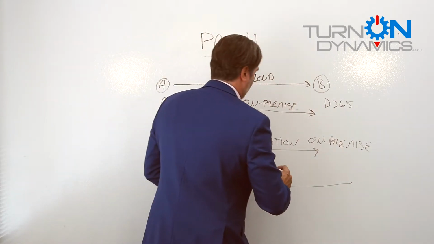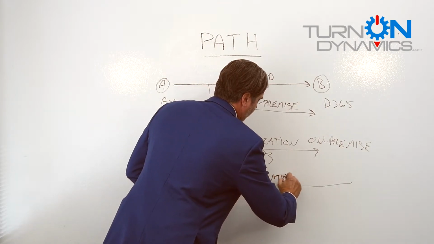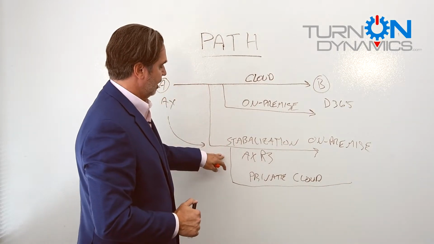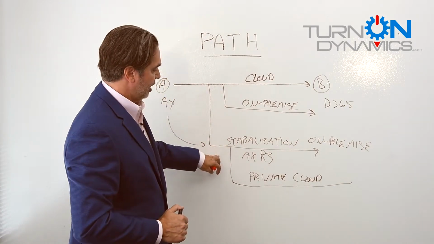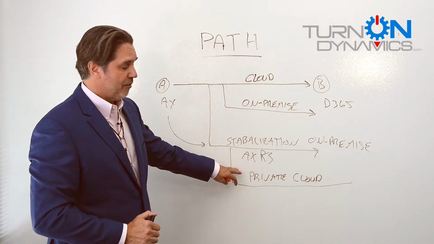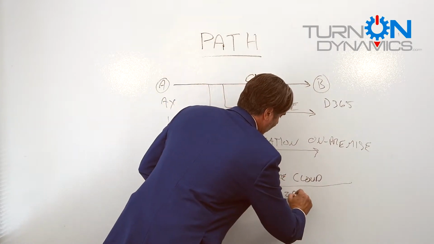Or are we going to do a private cloud by taking our existing AX solution, moving it to R3, but moving it to a cloud either in our own private cloud or using a third-party cloud provider